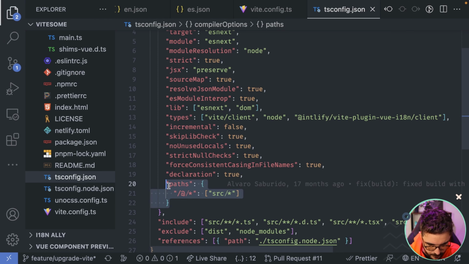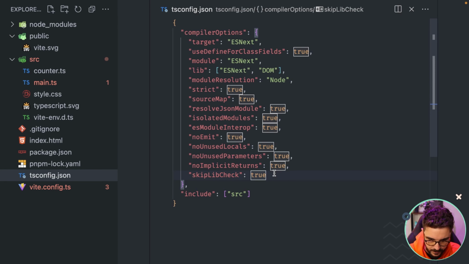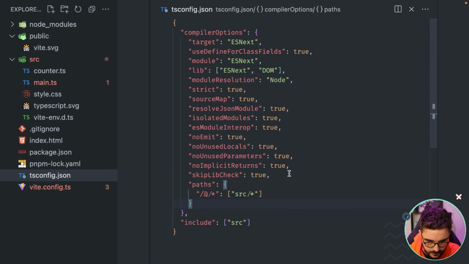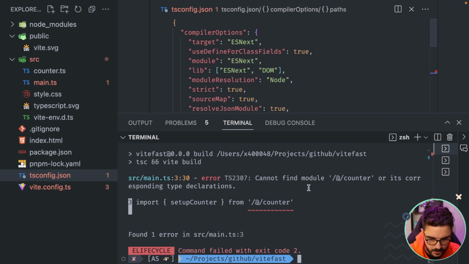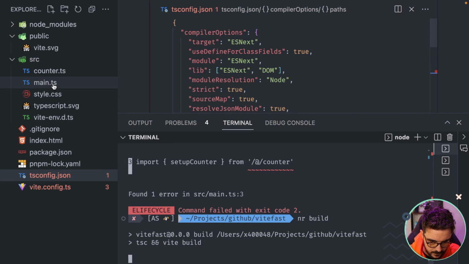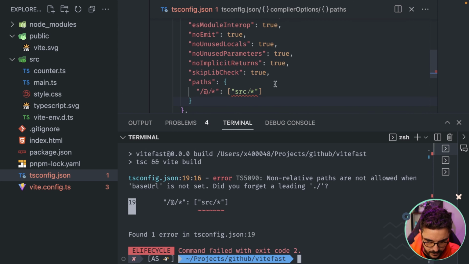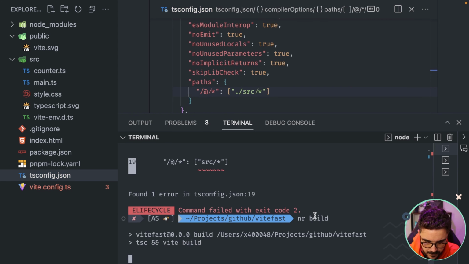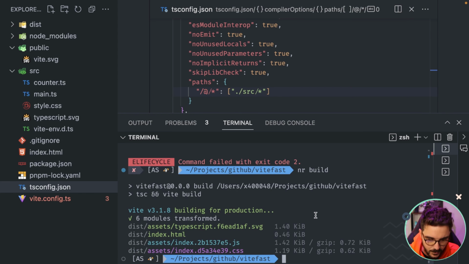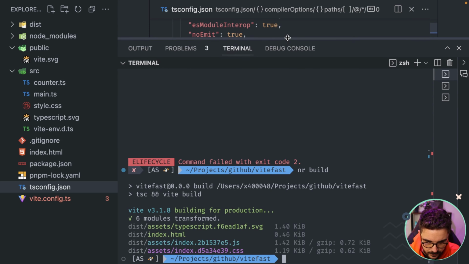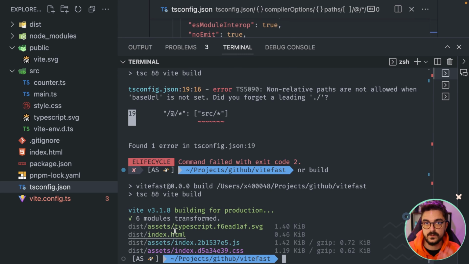So you can define the path here, like this, and supposedly it should work. So let's try again. You forgot to add it? Yes, most probably I forgot. Let's try it again. Oh yeah, so it went really quick because of course it's a really small application, but you can see here